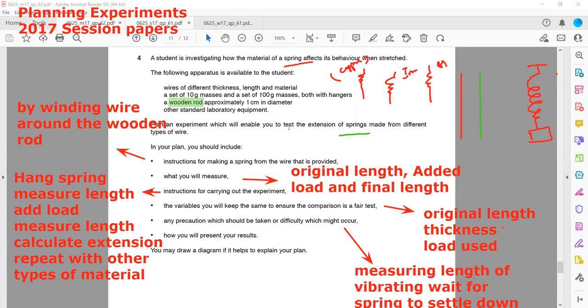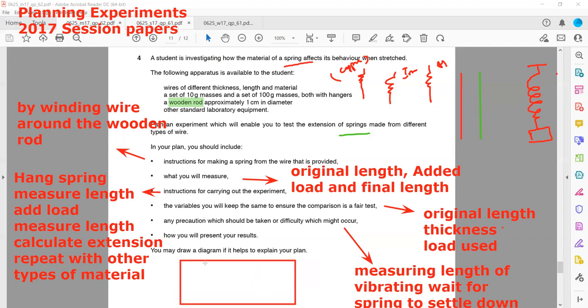Then how you will present your results. So how can we present our result? We will present our result by either using a table you can draw, or you can also have a graph for force and extension. So you can plot a graph between force and extension and represent the result, or you can also draw a table